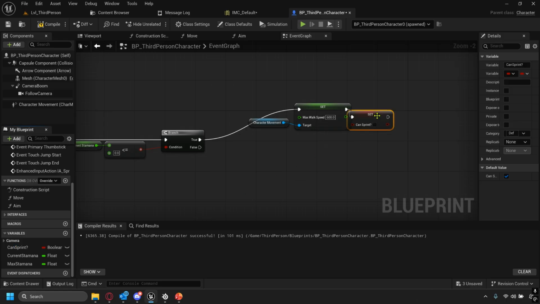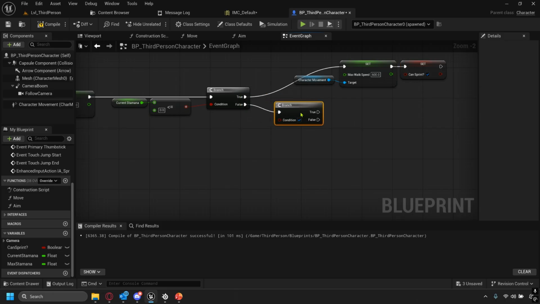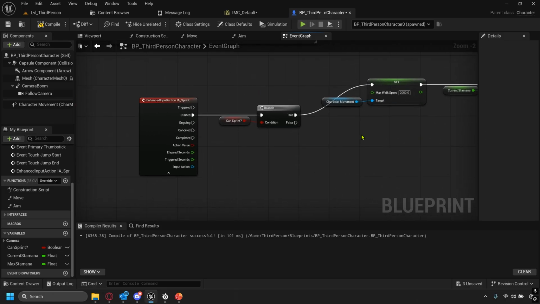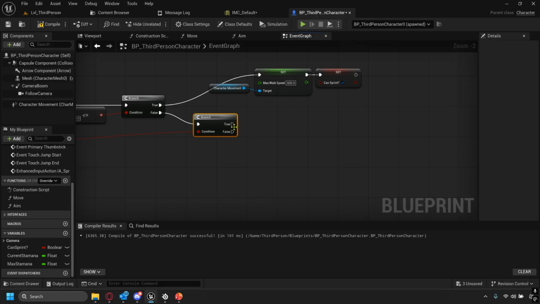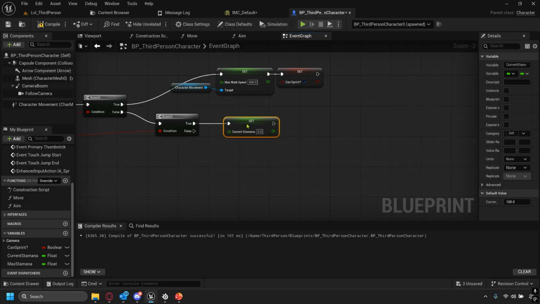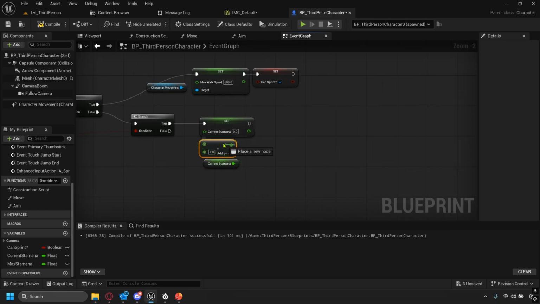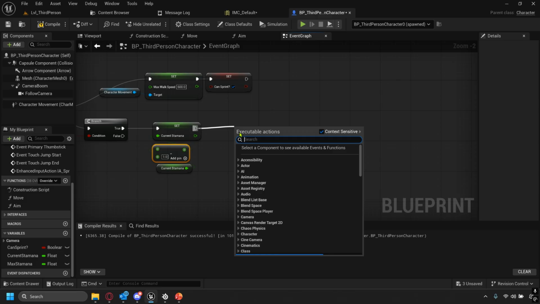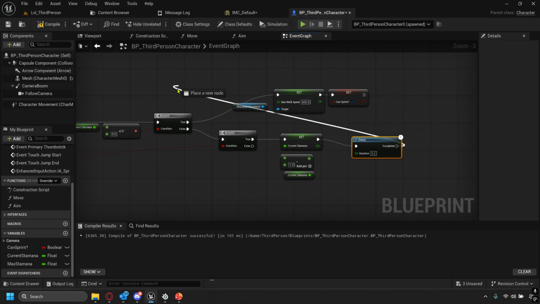Put in our can sprint, check that box, and then out of our false, we need to put another branch, and if we look way over here, we want to put our action value, so as long as we're pressing it, it'll go through true, and we want to take our current stamina and set it out of the true, and then take our get current stamina, do a subtract, minus 1 point every single time, set, do a delay. I'm going to leave it as 0.2. I'm going to drag this back into the beginning of this branch,